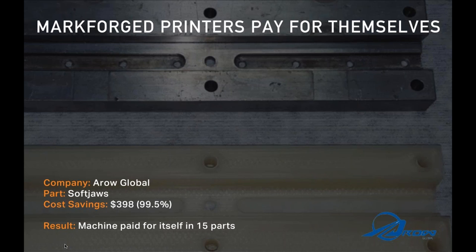So we're seeing many of our customers who are able to print parts that they couldn't previously 3D print because of the strength and material properties from Markforged, and they're able to get really quick return on investment in doing so. And then stronger, cheaper, and faster is great, but there's one more benefit that we were going to cover,